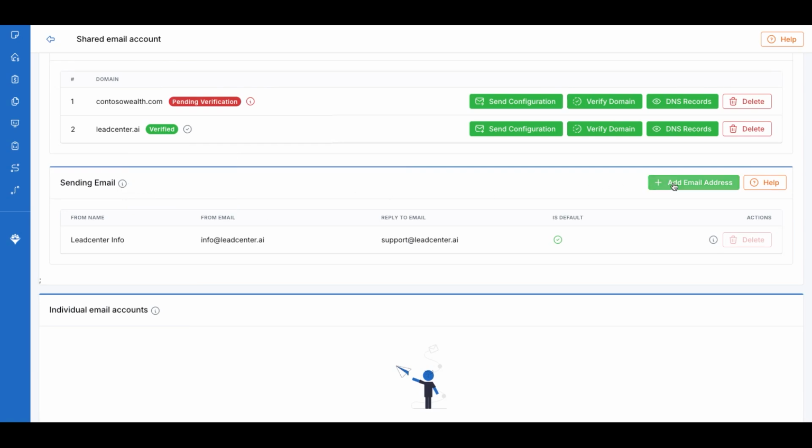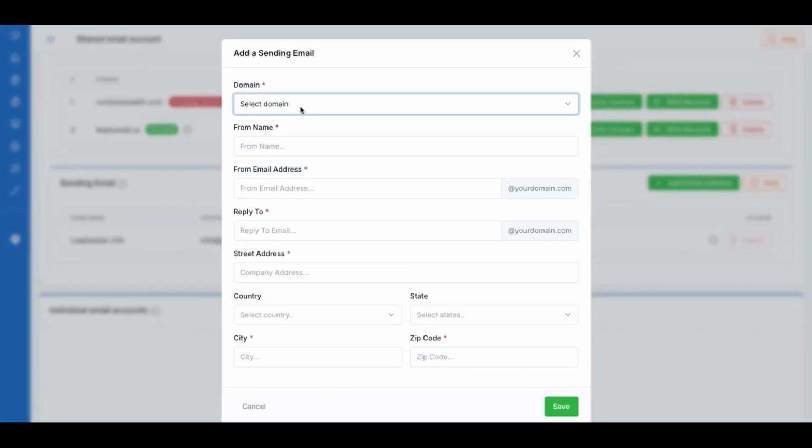Click Add Email Address, then choose the domain from which you want to send emails. Next, enter the from name. This is what recipients will see in their inbox, such as Contoso newsletter. Then enter the from email address, for example,